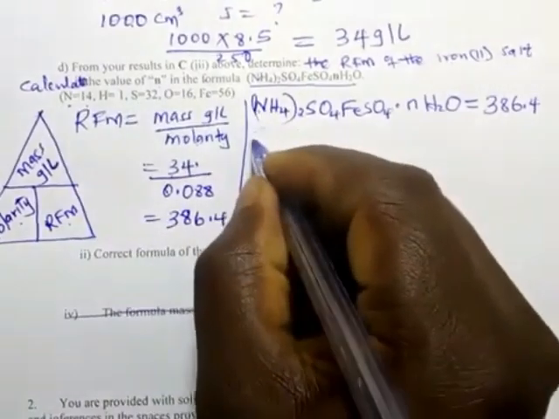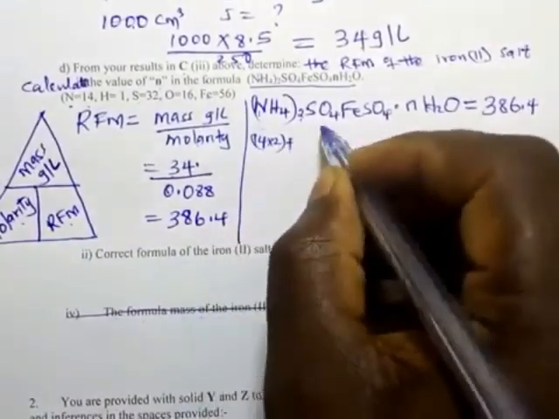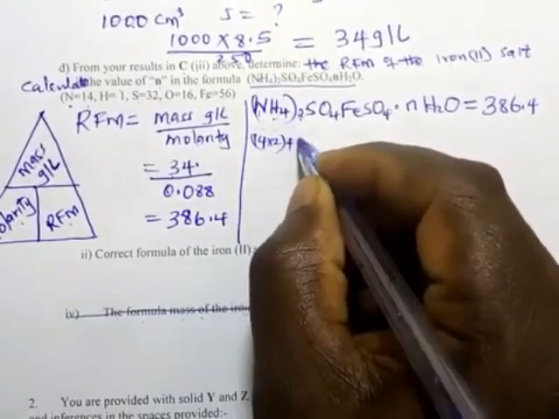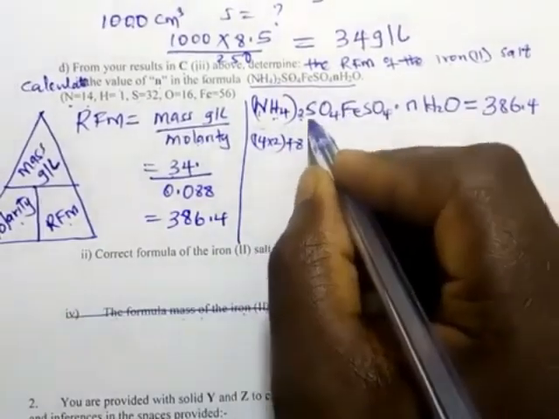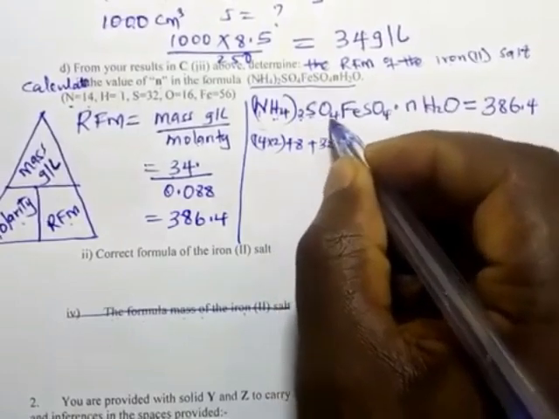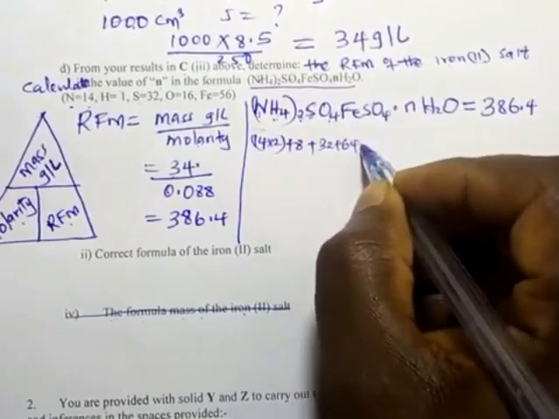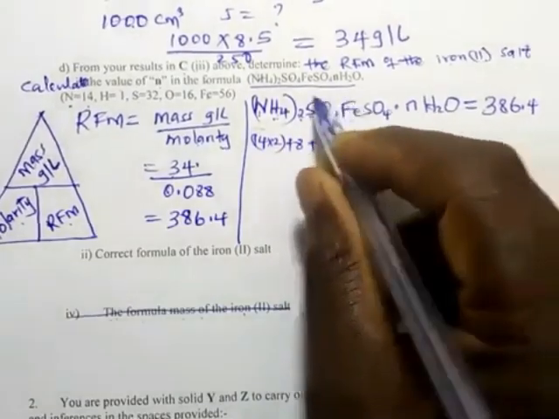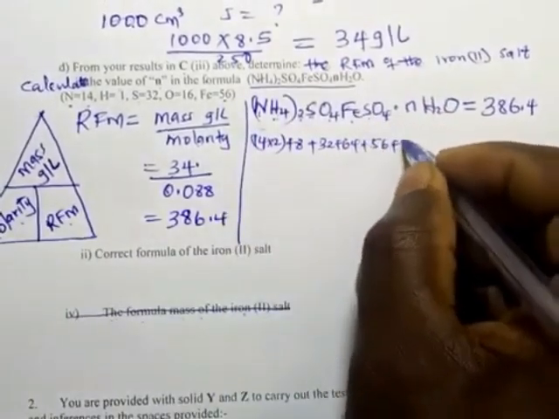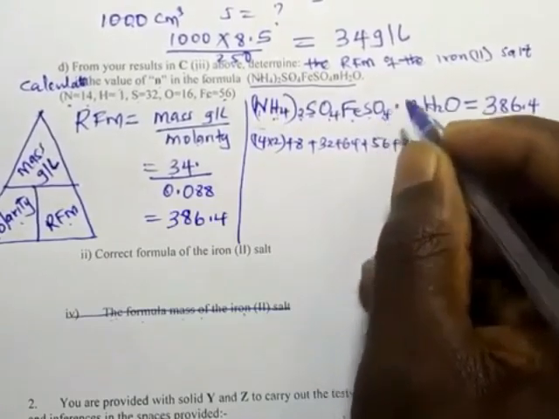So this one is 14 times 2 plus hydrogen is 4 times 2 because hydrogen is 1, 8. Sulfur is 32 plus 16 times 4 is 64 plus iron is 56. Sulfur is 32. This one is 64. That is 16 times 4